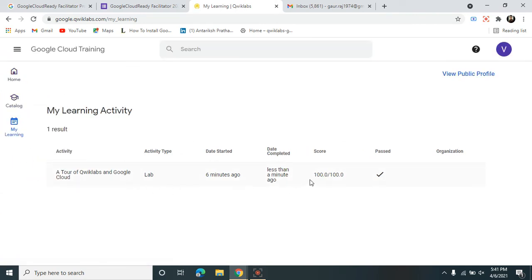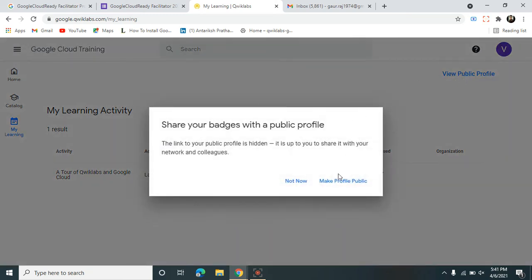Here you can see we completed the lab. Here you can see we have completed this lab, our tour of Quick Labs and Google Cloud, and got 100 out of 100. To make the profile public, we have to just click on view public profile.